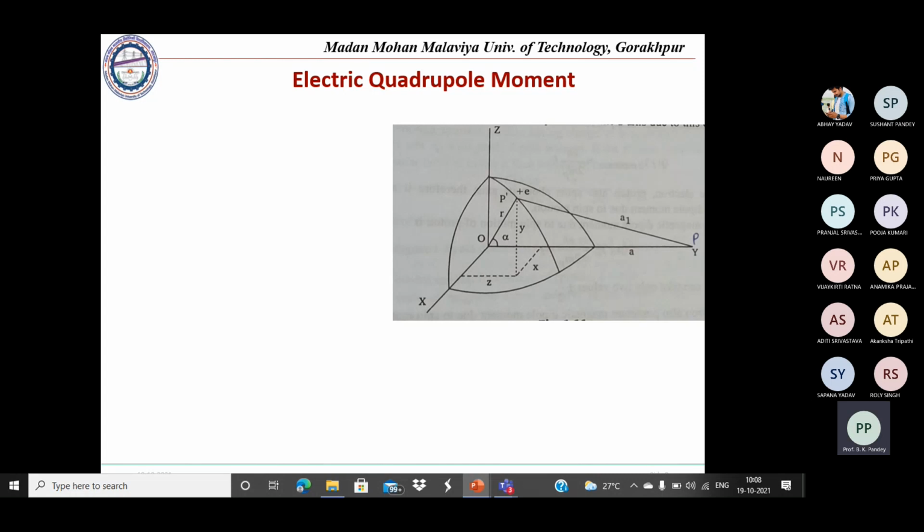Anyway, so this situation is prevailing here. The situation is what? We have departed from the spherical shape. It means that our charge is not situated at the center O. Rather, it is at the point P dash, which has been given as plus E charge. And again, you will have the spherical polar coordinates here, or three-dimensional coordinates, X direction, Y direction, Z direction, all those things here. So you may have this particular picture, and if you have the idea of the spherical coordinates, then it will be very easy to understand this one.